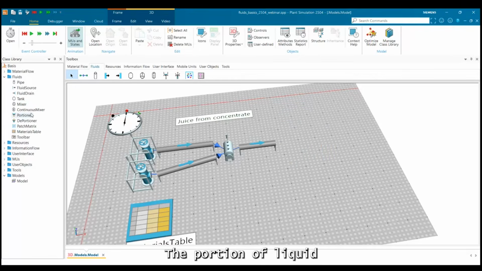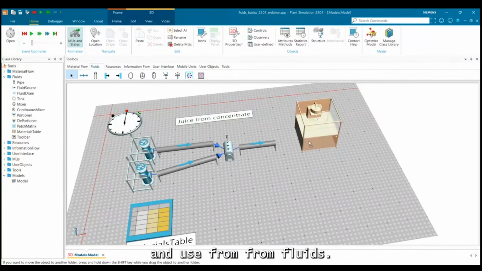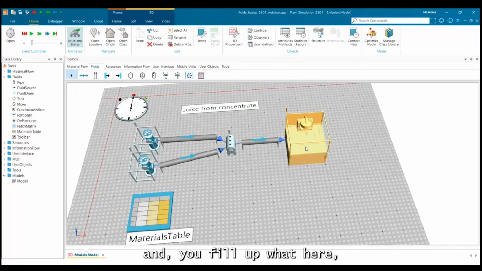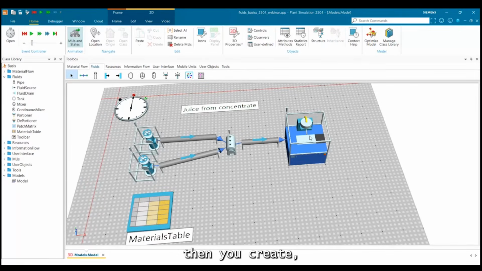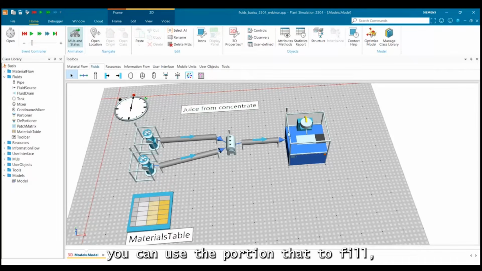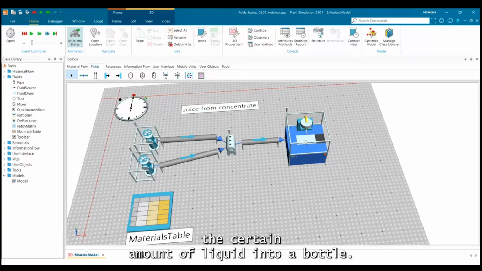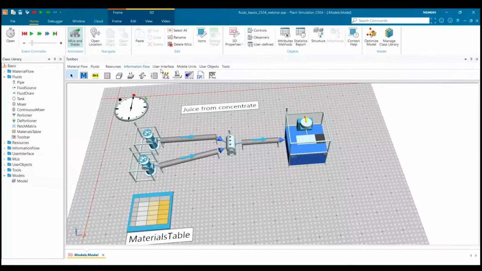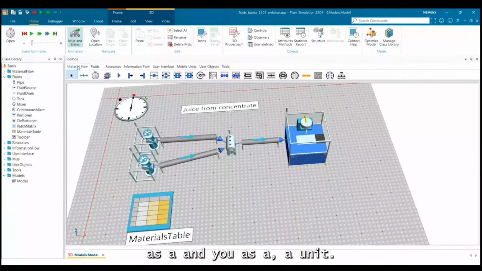The portioner will create MUs from fluids. For instance, if you have a filling line and you fill up bottles here, then you can use the portioner to fill a certain amount of liquid into a bottle, and then after this, the bottle runs through the simulation as a MU, as a movable unit.